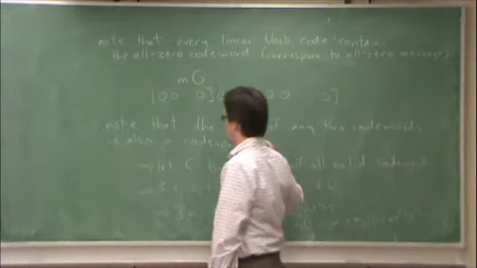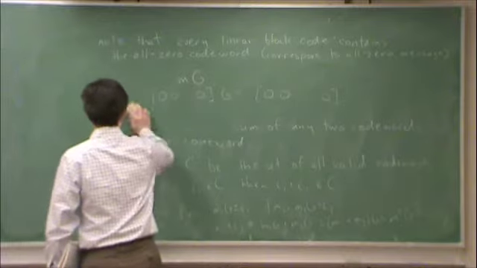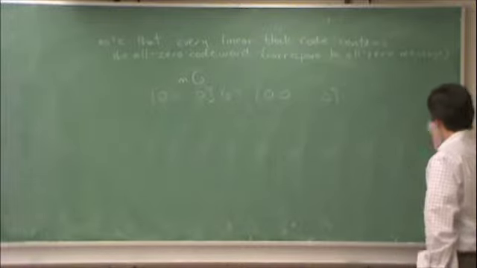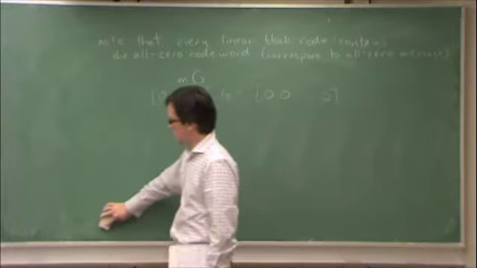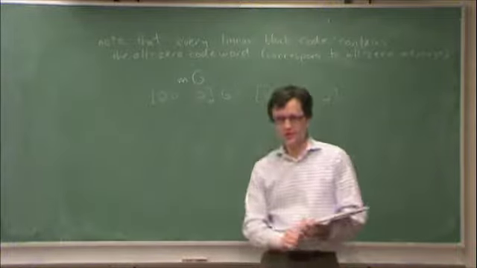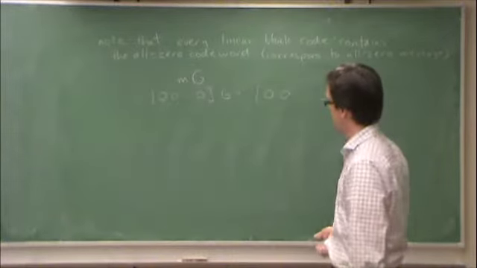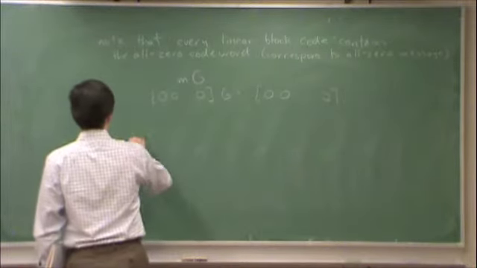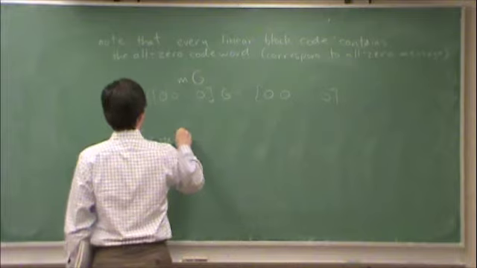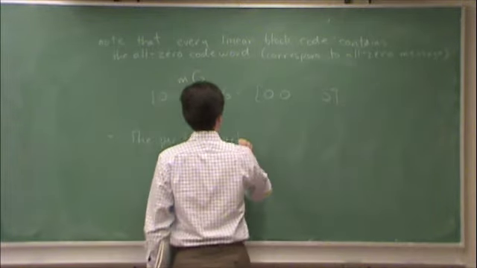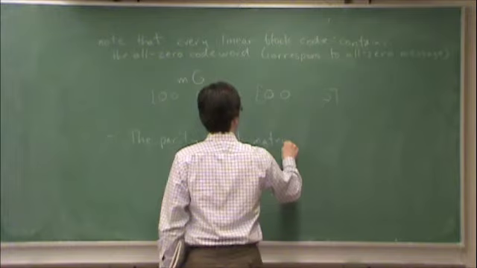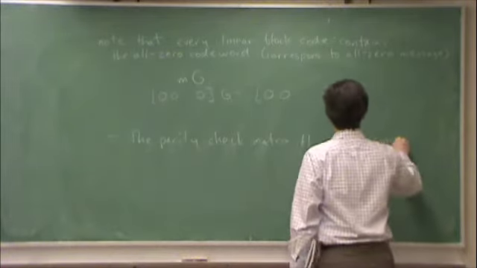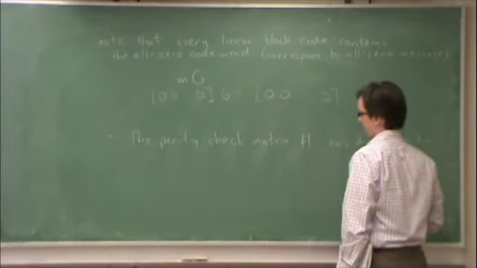Okay, let's talk about the parity check matrix. So we've got two matrices here, the generator and the parity check. We know how to encode a message. Now the question is, how do we decode the message? And that's where the parity check matrix comes in. So the parity check matrix has the property that